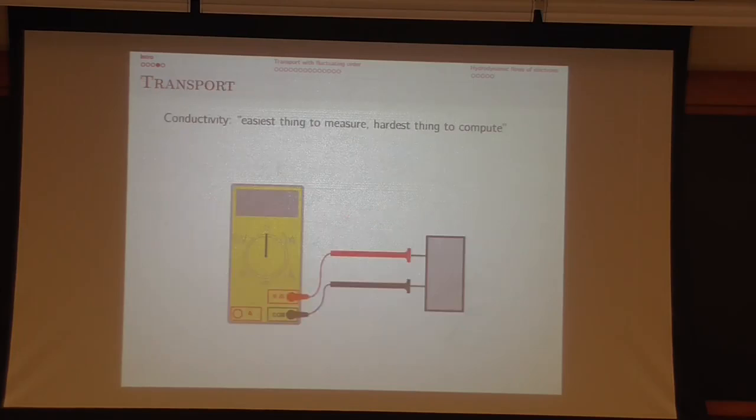Okay, so this brings me to the question of observables. Conductivities are basically the favorite observable of experimentalists because it's the easiest thing to measure. Basically just plug in two leads in your system, drive a current, and measure the voltage. You can look at the dependence of the conductivity on frequency. You can also look at the temperature dependence, on B fields, etc. Even though it's such a simple thing to measure, it gives you very non-trivial information. Within linear response, it tells you about two-point functions of a possibly strongly interacting quantum field theory. And for that reason, it's typically very hard to compute in the context of quantum field theory.